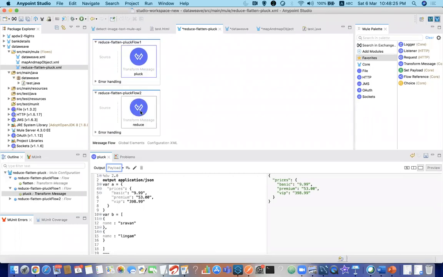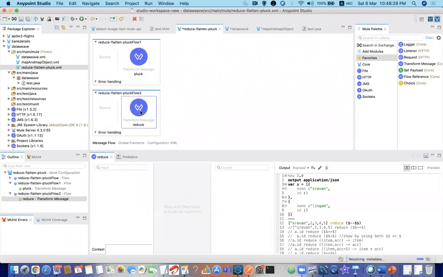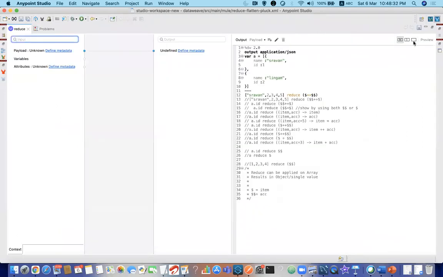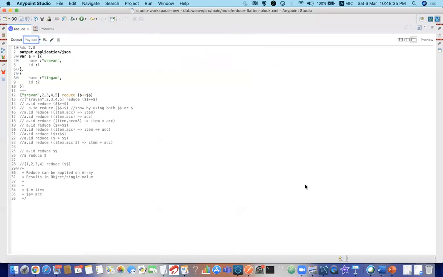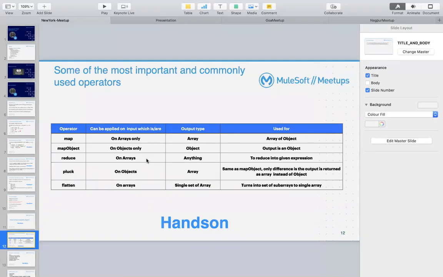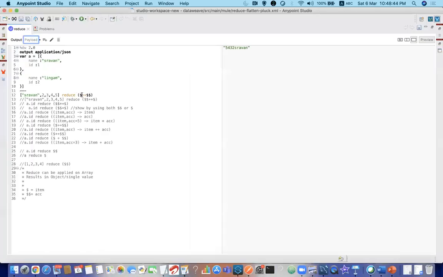So the other one is the reduce operation, a typical one. I won't be explaining very deep into that, but I wanted to show you some tricks to understand it in a better way. Reduce, as I have said, is used on arrays, and it uses lambda expressions. Lambda expressions are nothing but functions which don't have a name. It's just an expression which we want to reduce. For example, I have an array. Let me keep this aside.